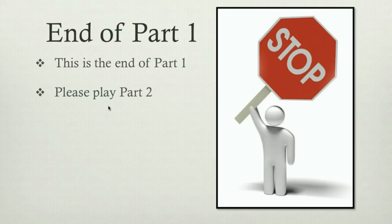So when we come back in part 2, we're going to talk about British imperialism, and we're going to look at how that brings conflict with the French over land in North America, which is going to result in the French and Indian War, which is going to lead us into one of our next films that we're going to watch. So we're going to talk about British imperialism when we come back. So go ahead and hit stop and cue up